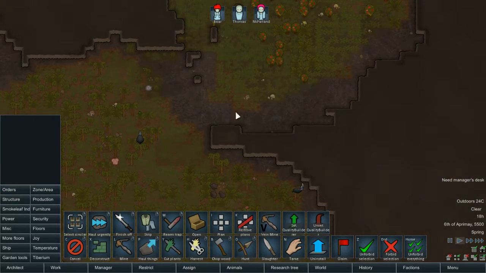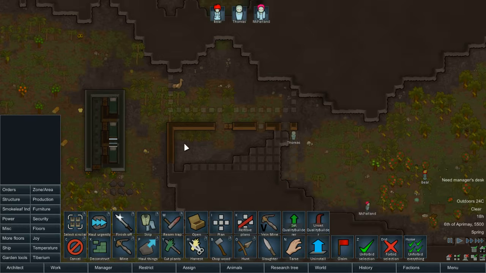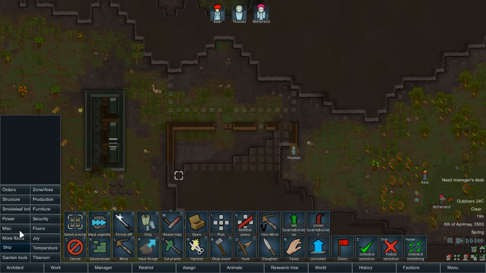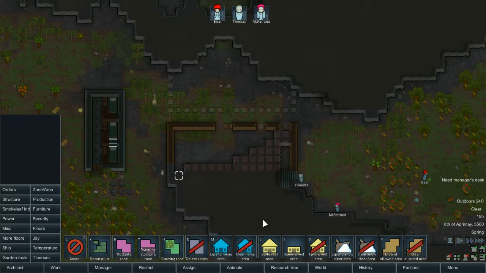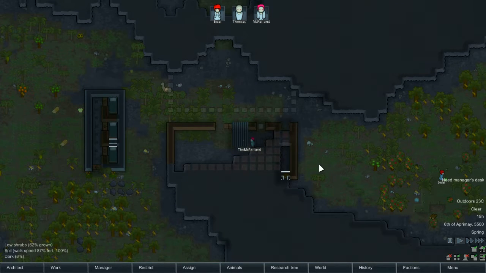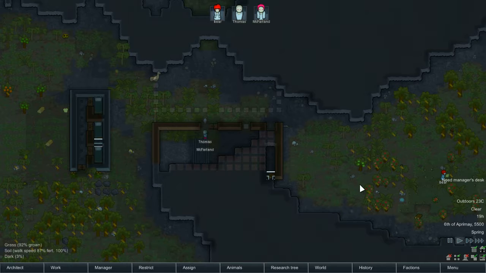For now, I would really love to get this sealed off. Now, I would also like roof area built. I would also like roofing done in this general area, just so I can start to install the batteries. Because the batteries are going to be very important. And the reason I say that is just because it's a fucking Android colony. I shouldn't really have to explain that, but...